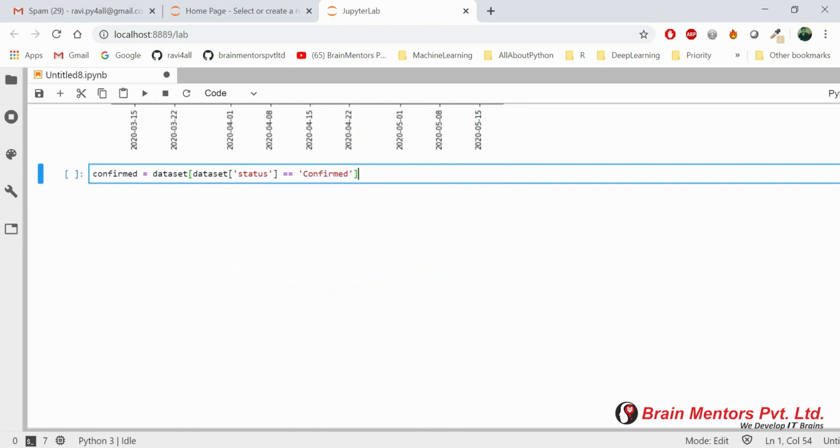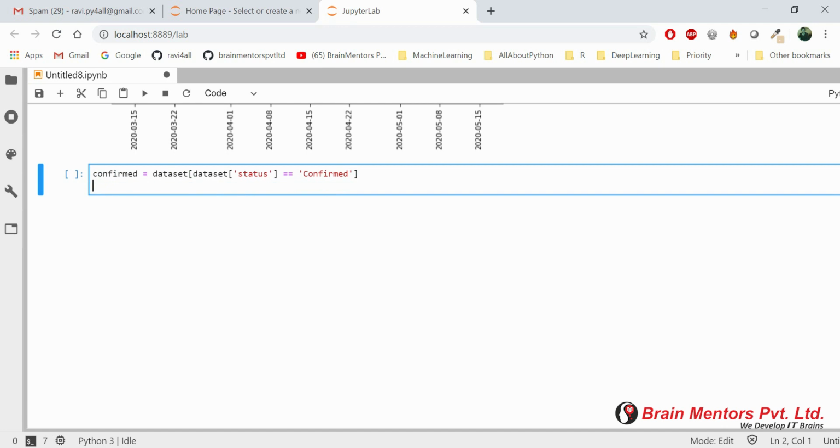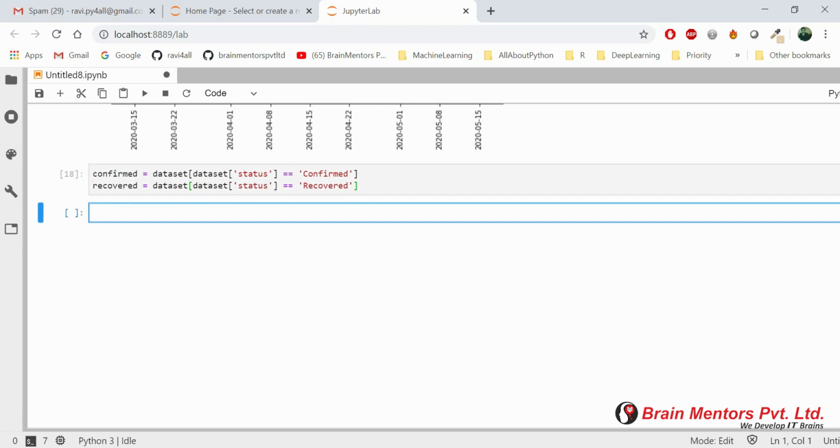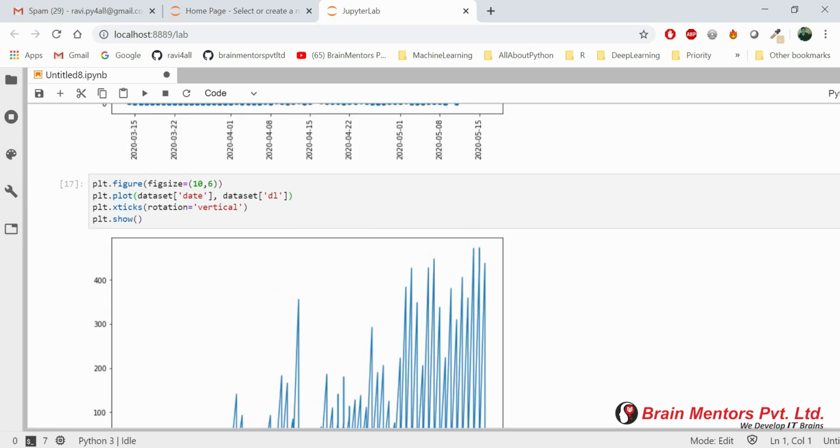So I am just fetching the confirmed cases as well as the recovered cases. Okay, so I have a variable confirmed and I have a variable recovered. Now I can have a more detailed analysis of plt. So first we just need plt.figure.